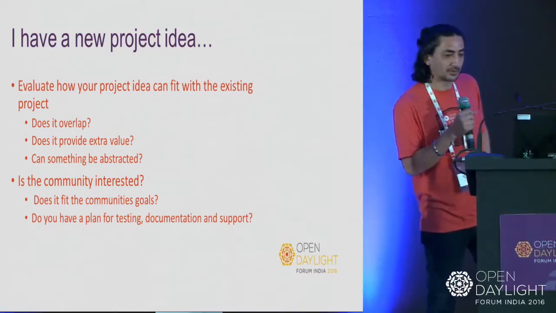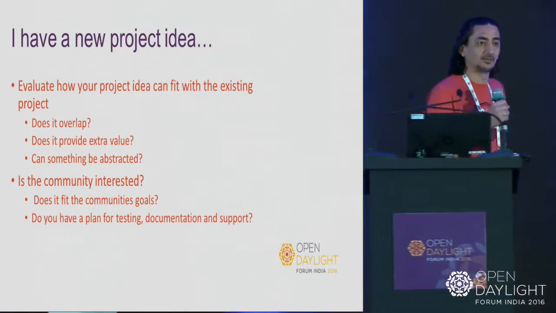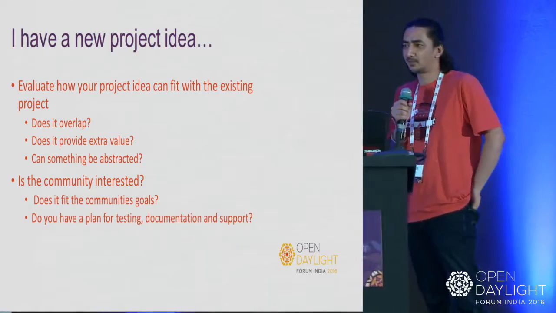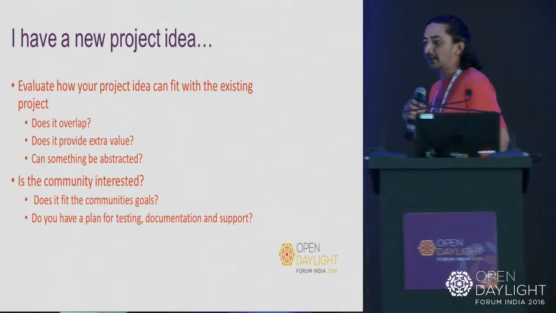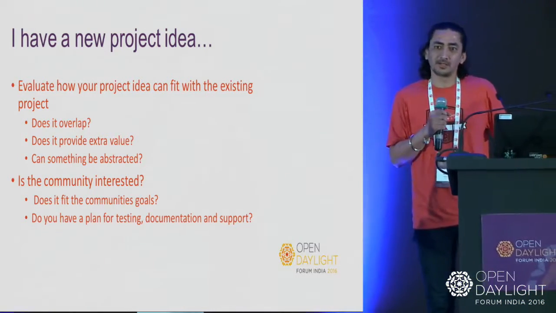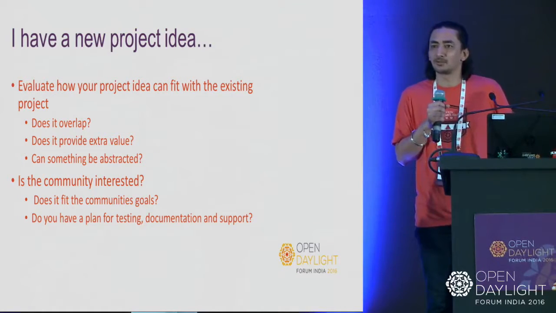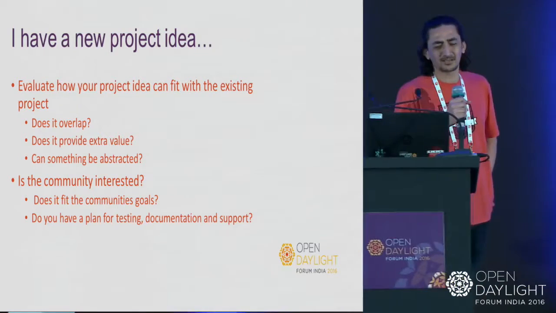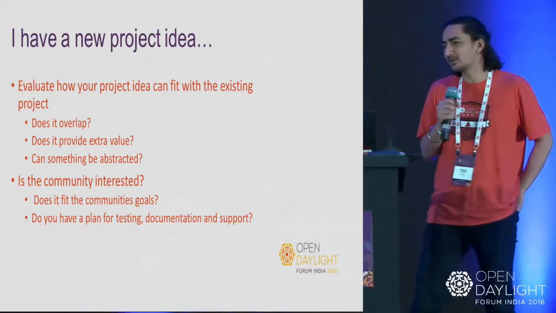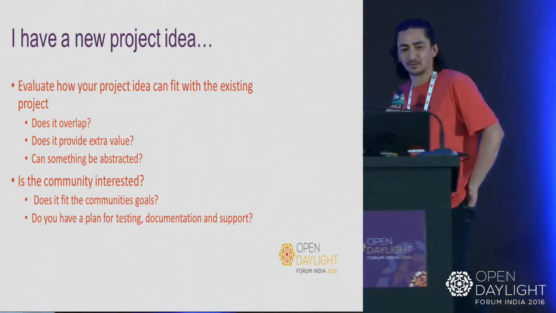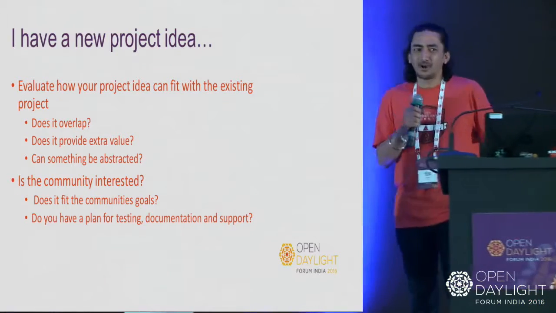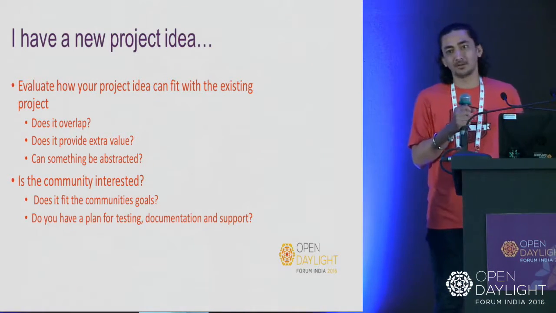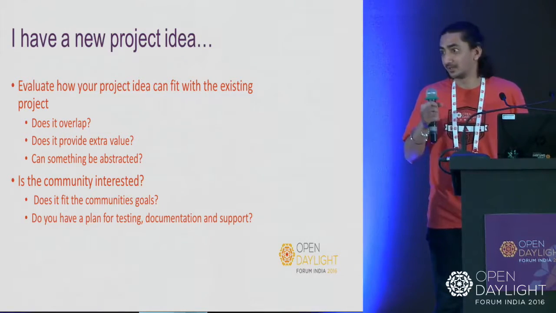Okay, cool, you've got a good idea. So how do we go about it? First, just like a feature, you see if there is any other existing project. Let's say you're coming up with some denial of service attack prevention application. Is there any such security application? If there is, then you go look at it. Is it doing the same thing? No, it's doing something different. Or, oh, it's doing something similar, but it's doing much more. Then, okay, how much of it is overlap? Can some of it be done by the existing application, and can I build on top of it? Just to figure out your dependencies.